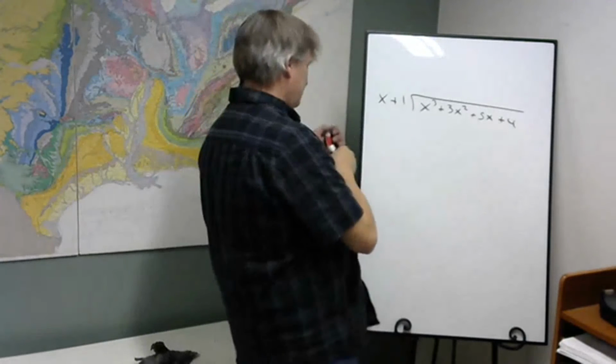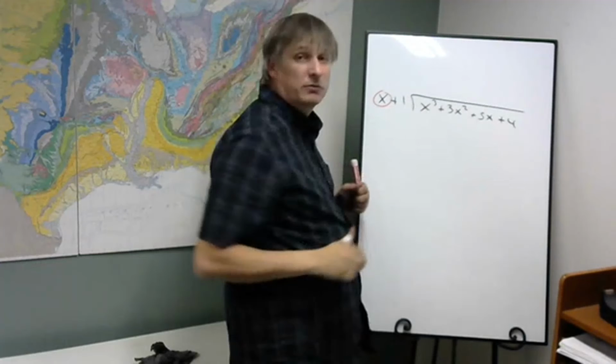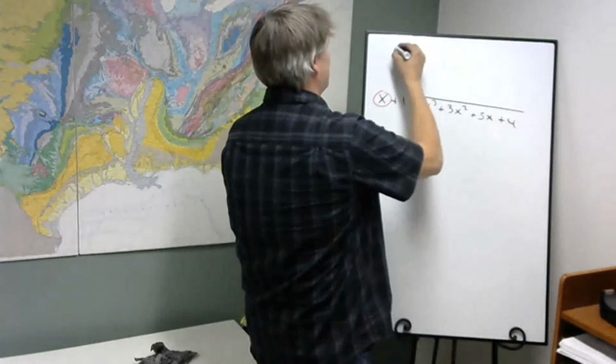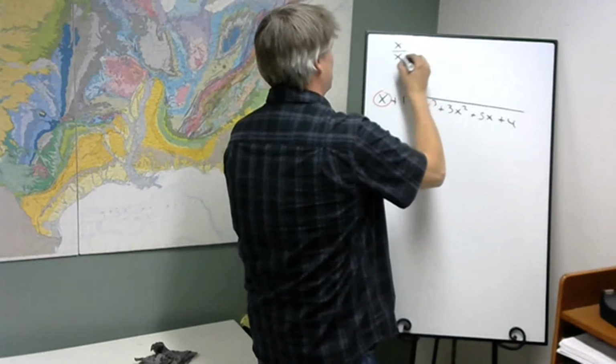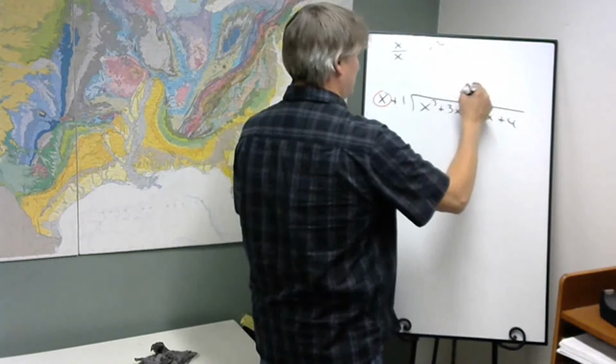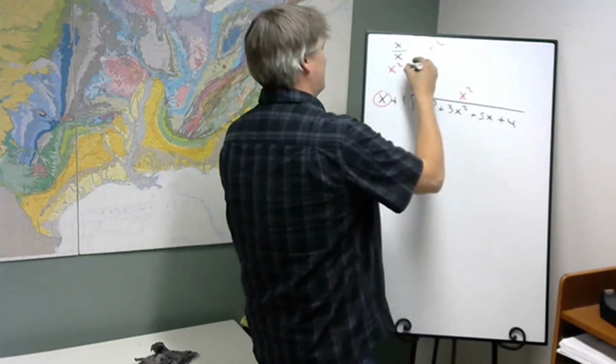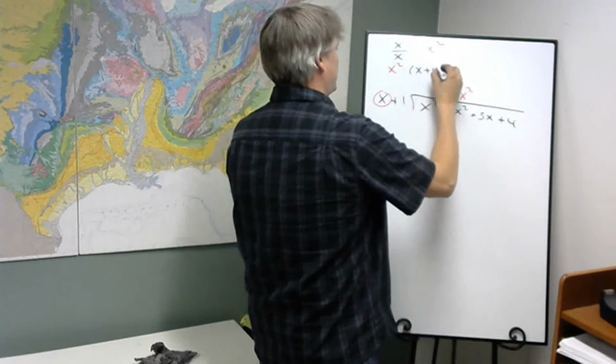So again, we're doing all the work here with this. We're going to work with lead terms. So we have x squared times x plus 1,